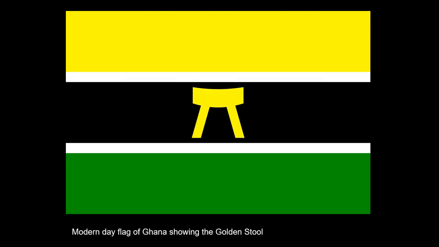So what's amazing from this is that the Ashanti actually managed to preserve a great deal of their culture. It's kind of an amazing story, where usually in the story of colonialism the new culture comes in, the British come in. It's usually the British, but they come in, they destroy the existing culture, and the existing culture is wiped off the face of the earth. But the Ashanti actually managed to preserve their culture, and they preserved a lot of their history, and they preserved the stool. And so a lot of native African culture is still there amongst the Akan peoples.